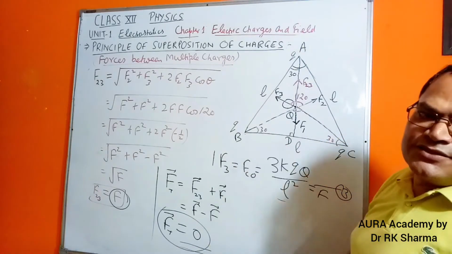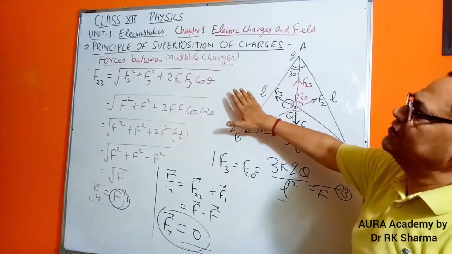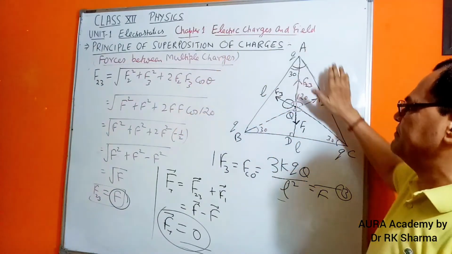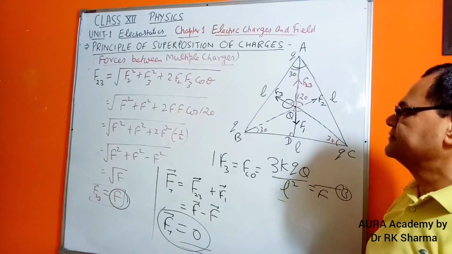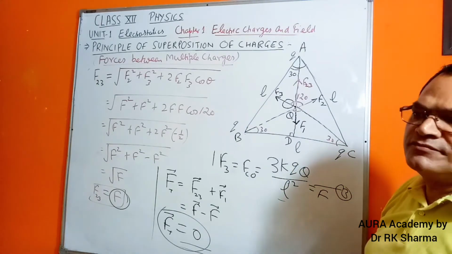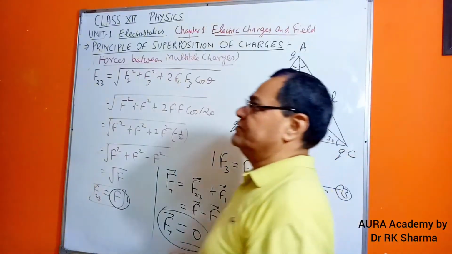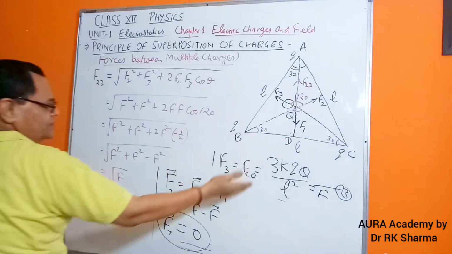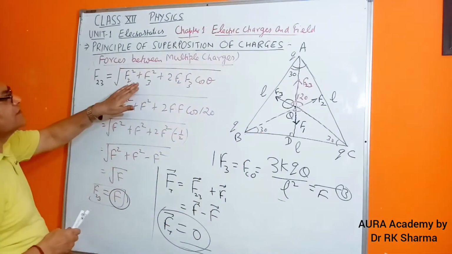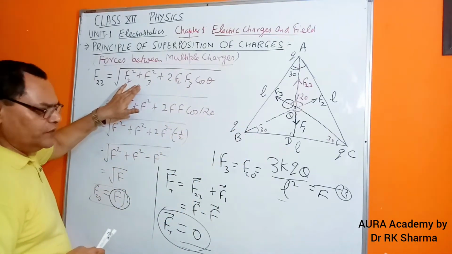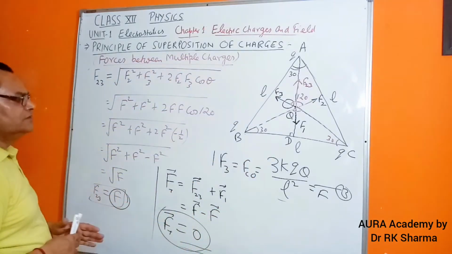So I hope you enjoyed this. Very good and interesting, right? Based on the superposition principle of charges, because a number of charges were involved in it. Clear? Yes. So the important idea here is Coulomb's law extension, application of the vector form, and of course this parallelogram law of vectors. So this way we can solve the question.